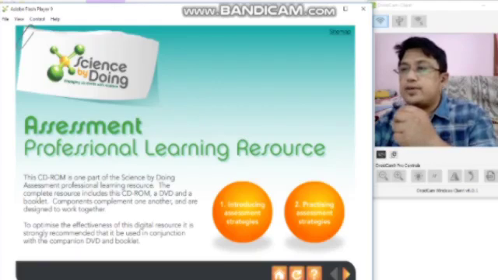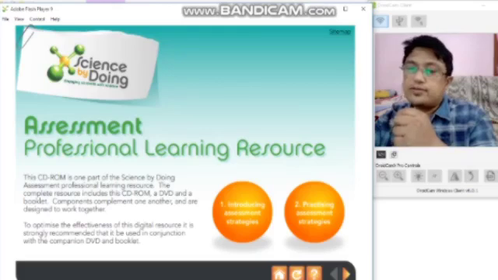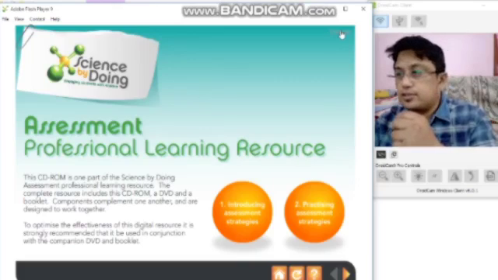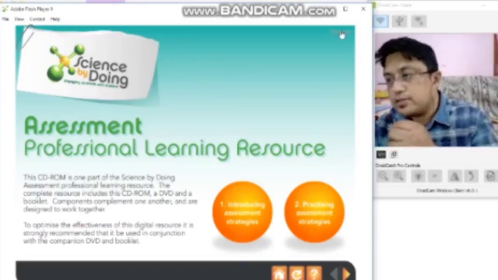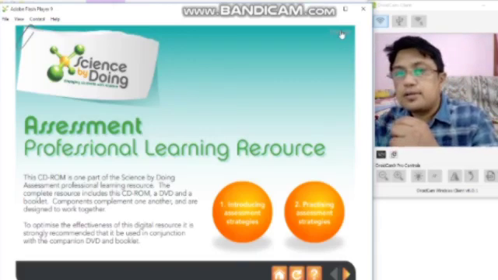This is Science by Doing Assessment, Professional Learning Resources, and it's very beautiful. Side by side we'll see what is inside. Introducing assessment strategies: it is a teacher's manual, and at the same time a practice manual is always there. This is one digital material with an ISBN, an International Standard Book Number. It is a digital resource which they gave me after that particular training